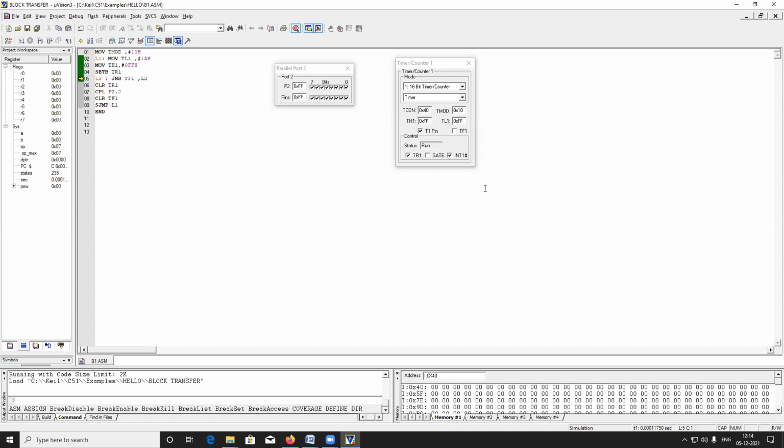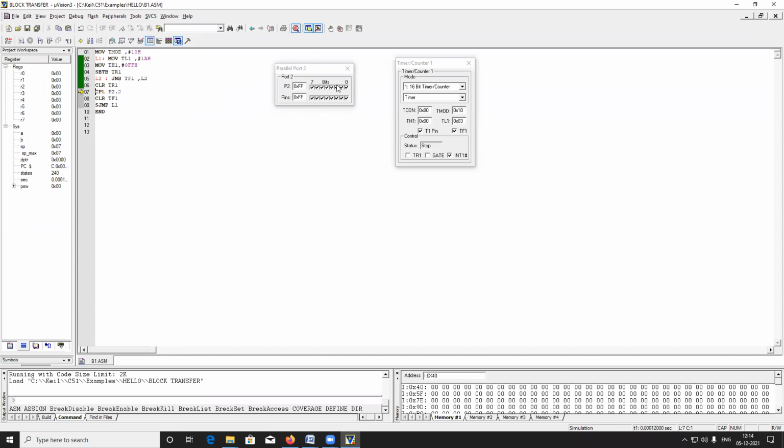Okay, after that, what will happen? See, after that, overflow flag will be generated. Timer will be stopped. Here after, timer will be stopped. Say F11, timer will be stopped. Clear the TR1. TR1 will be 0. Then you have to clear the overflow flag. Overflow flag will be 0.